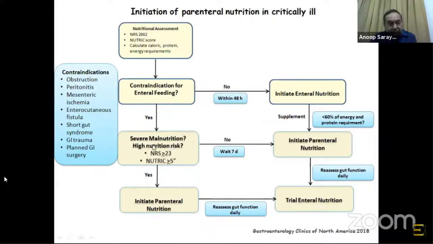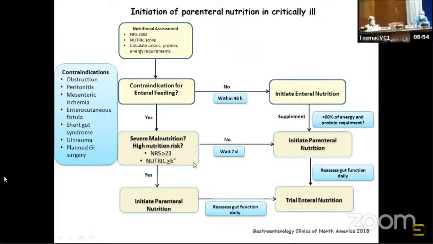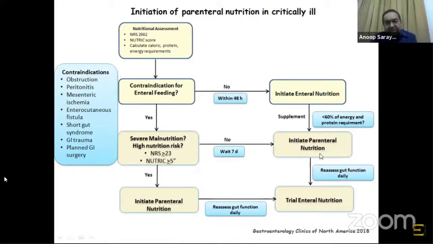And if there is severe malnutrition or a high nutrition score, then we wait for 7 days and initiate parenteral nutrition. If this is high, then initiate parenteral nutrition and reassess gut function daily and trial. Then you see, the moment the patient is in a position to tolerate enteral nutrition, we start enteral